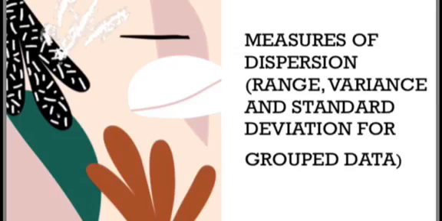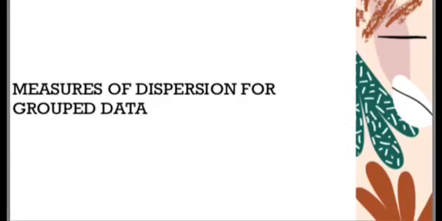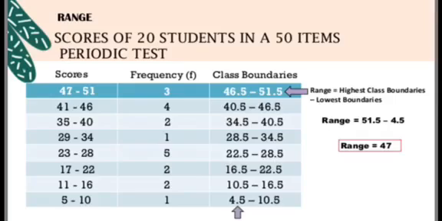Hello everyone! So sa video lesson na to, i-discuss natin how to find the value of range, variance, and standard deviation for group data. Measures of dispersion for group data. In group data, for example, scores of 20 students in a 50 items periodic test. Given the scores and frequency, ang gagawin natin para makuha ang range, we need to get the class boundaries of